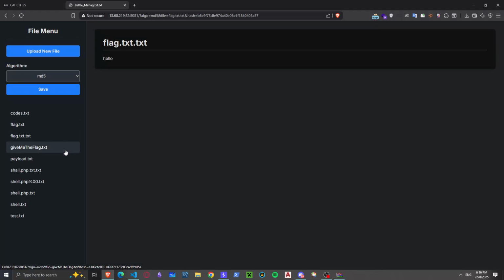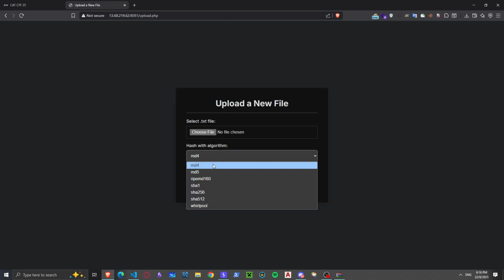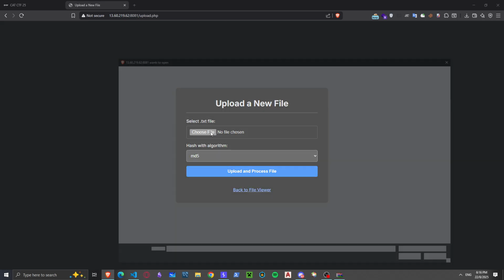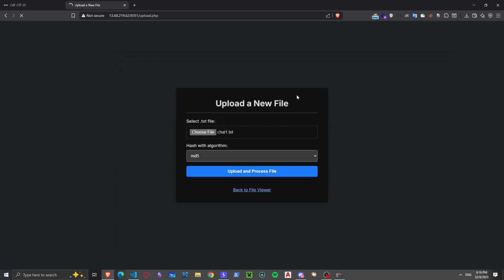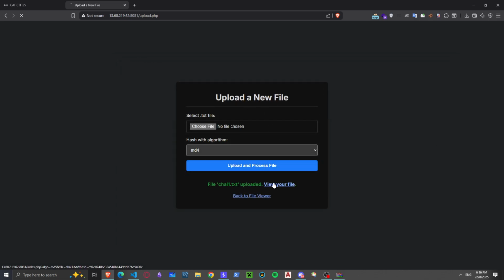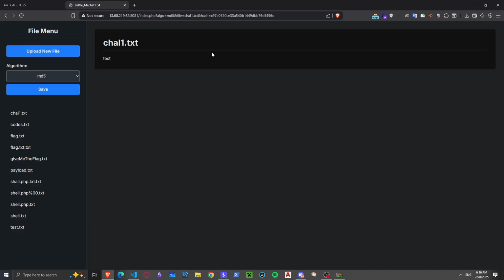Hello and welcome. We're gonna solve Battle Me, a challenge today that has to do with local file inclusion and hash. We're gonna take a look at the source code in a second, but this is the functionality of the website. It lets you upload a file and then you can view this file. But to prevent local file inclusion, they hash the file name and you have to enter the correct hash so you can